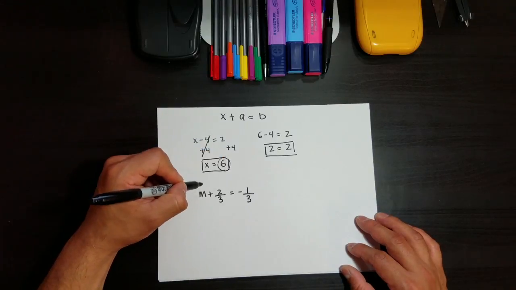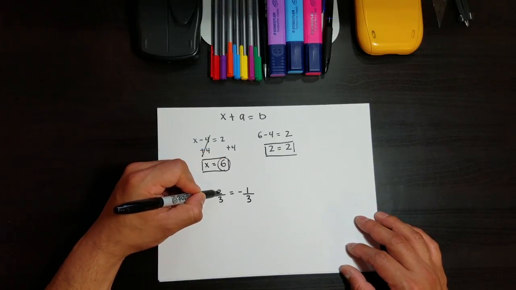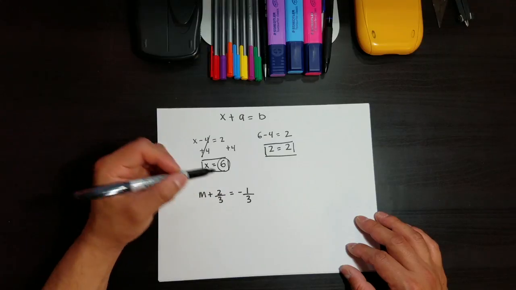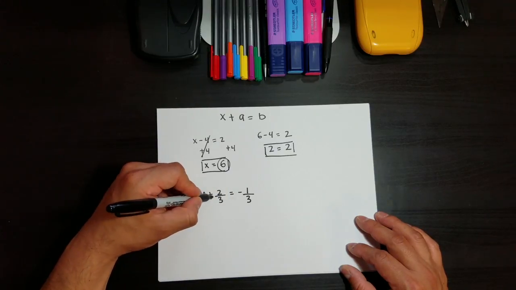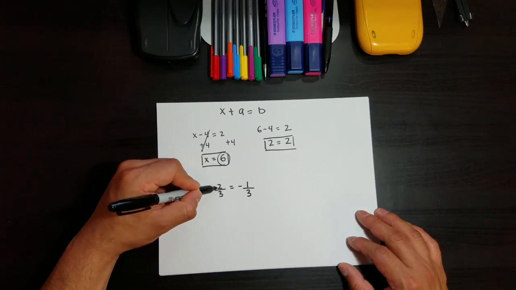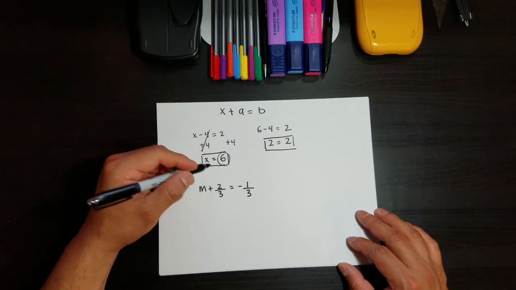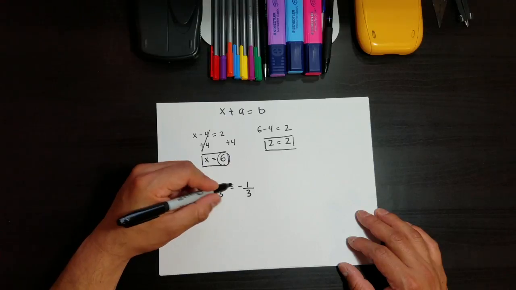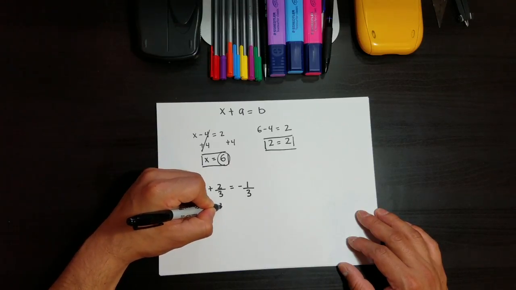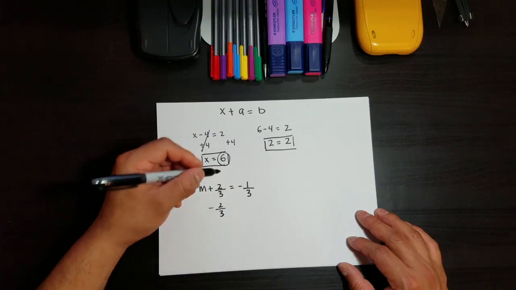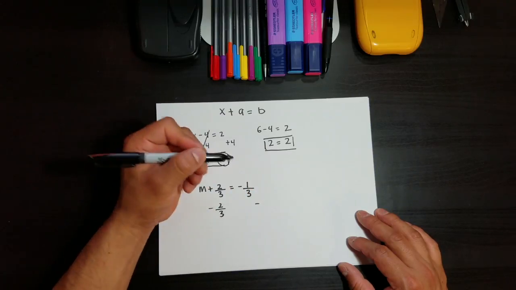Okay, here we're asked to solve m plus 2/3 equals negative 1/3. You're gonna follow the same thing. In this case, since the 2/3 is a positive, that means that you have to subtract it from both sides, right? So what we have to do here is subtract 2/3 from this side. You also do it to this other side,